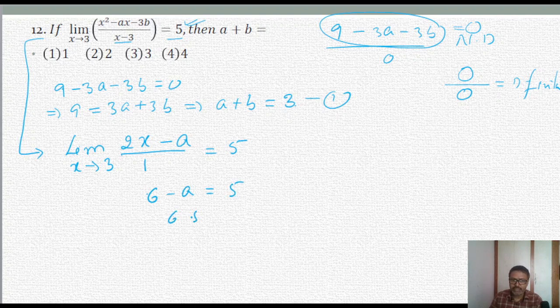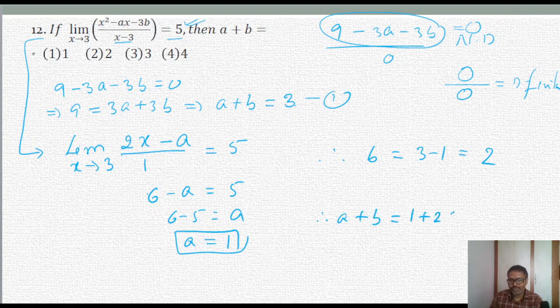Clearly 6 minus 5 is equal to a. Then a value is 1. So put this a value here. Therefore your b value is 3 minus 1, that is equal to 2. Therefore a plus b, friends, it is 1 plus 2. Your answer is 3. So few basic things on indeterminate forms we have to keep in mind to solve